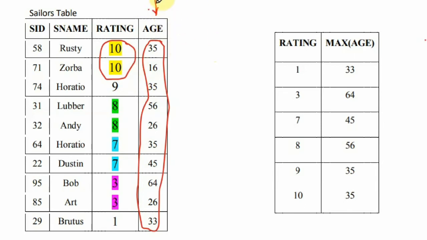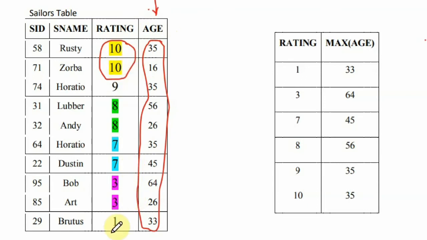If you want to apply it on the entire column, we say select max of age from sailors. It applies the max on all the values inside this age column. Now SQL provides a facility called the group by clause. I showed you where this group by clause fits inside the select query syntax: it is after the where clause. So what does the group by clause do? The group by clause will group the values.